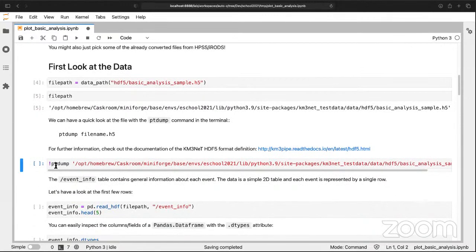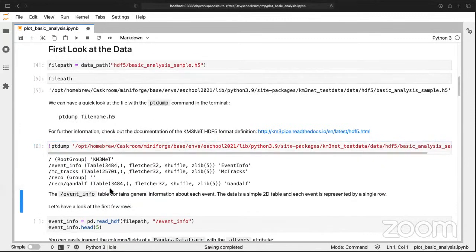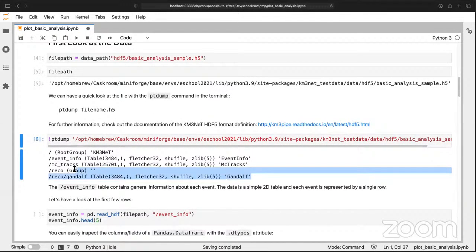So if you go to your terminal, or you type an exclamation mark and then the command followed by this path, then you can execute something in the shell. The result will be returned here. I like this function because it quickly gives you a summary of what's inside this HDF5 file. As you can see, there is an event info. This is where we always store the information for each event. So each row is one event,